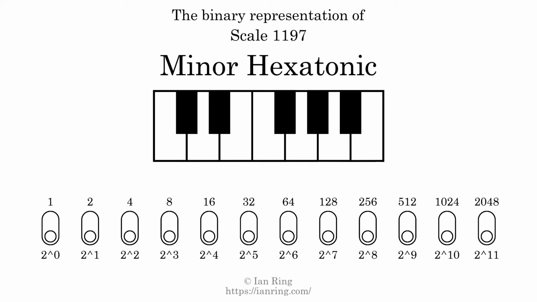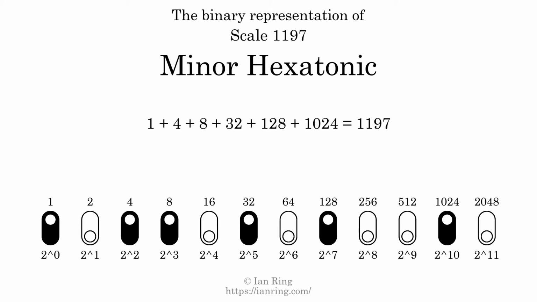The binary representation of this scale is determined by mapping tones of the scale to binary digits. Each binary digit represents a power of 2. To get the scale number, we add the powers of 2 together. The powers of 2 that are present in the scale, all added together, equals 1197. That is why the scale number, in decimal, is